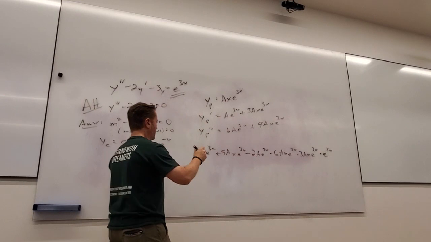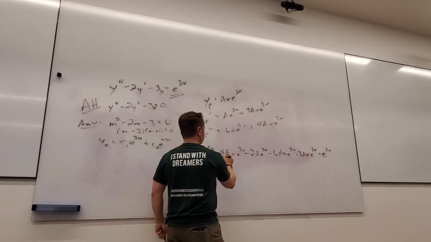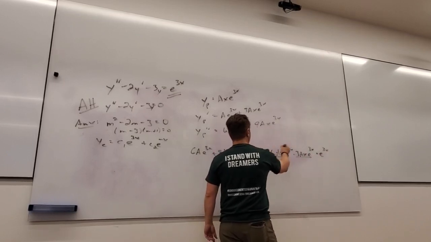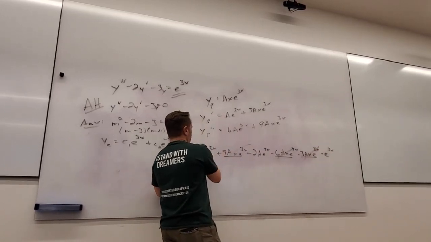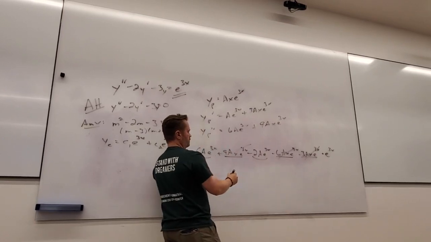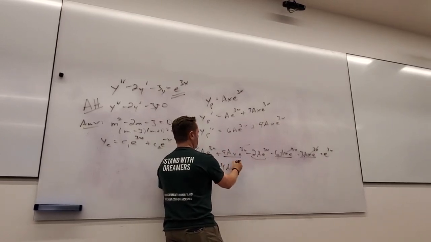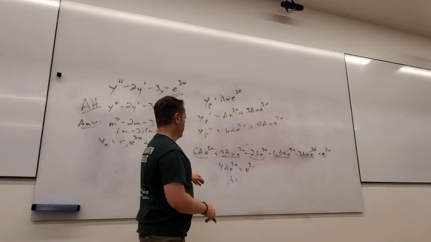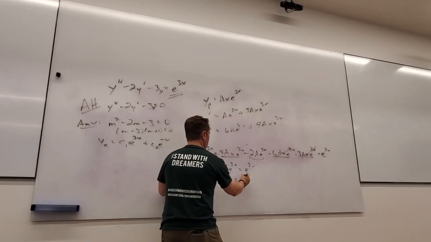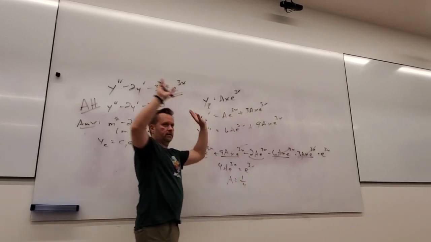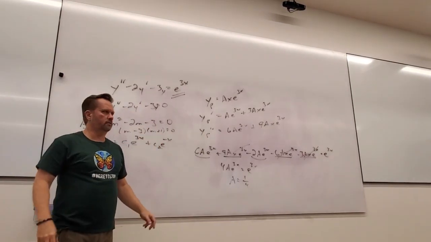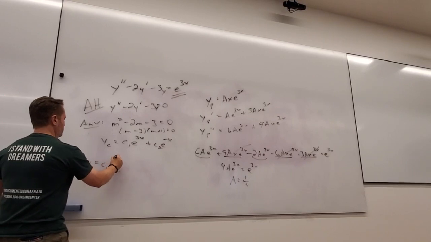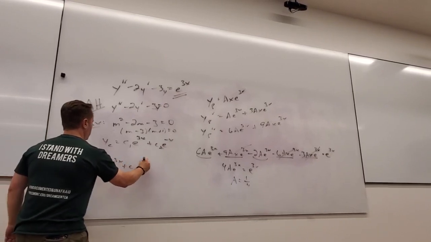Now thankfully, notice what happens. What about all my x terms? Cancel. So then I get 4a e to the 3x equals e to the 3x, so then what's a? A would be 1/4. Is that cool? All right. So then I know y equals c1 e to the 3x plus c2 e to the negative x plus